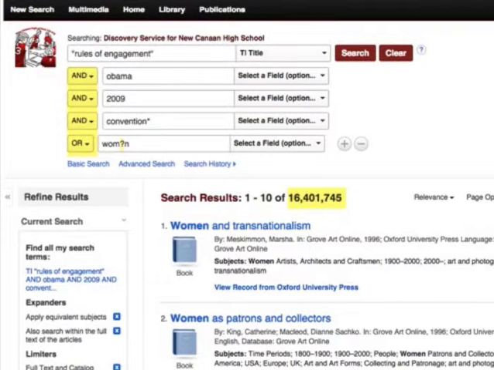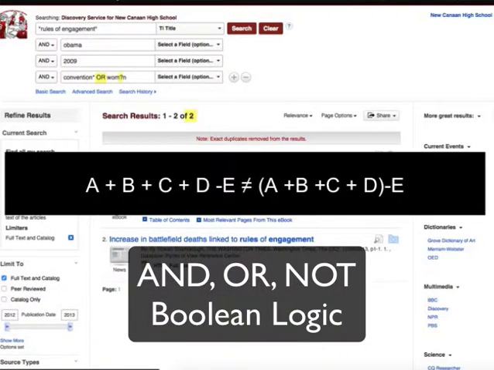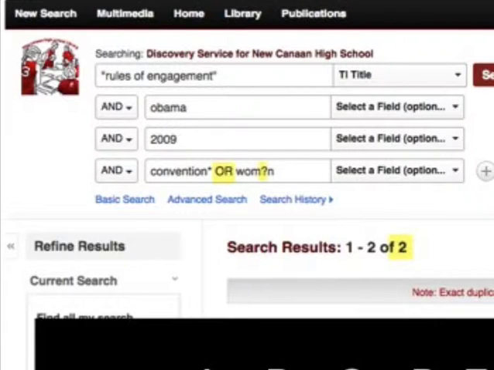What I've done here is I've put and then or, which is pretty much the equivalent of having A plus B plus C plus D minus E. And that is not the same as parenthetical A plus B plus C plus D, close parentheses, minus E in Boolean world. So I want to make sure that you understand that putting that or at the end is going to increase your searches to 16,000,